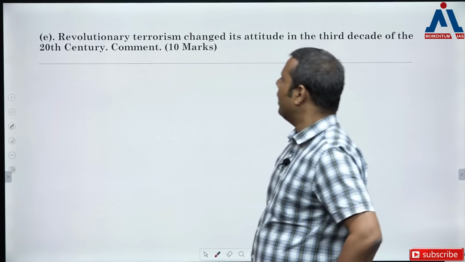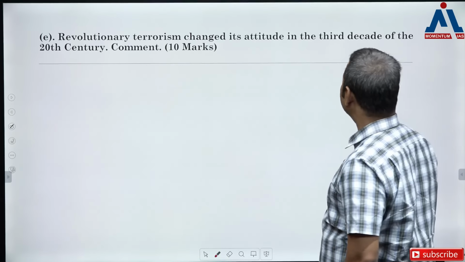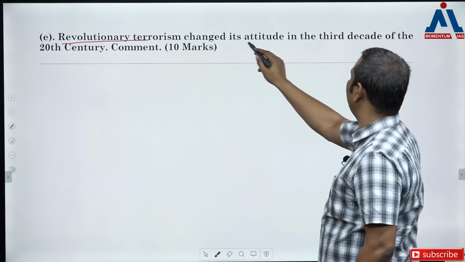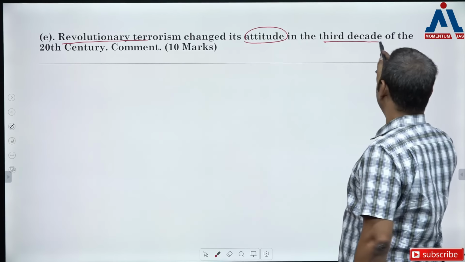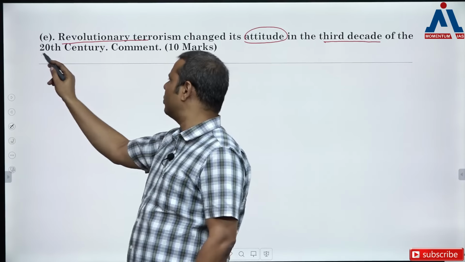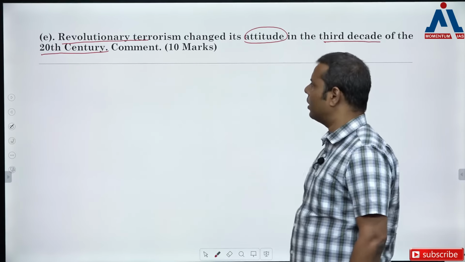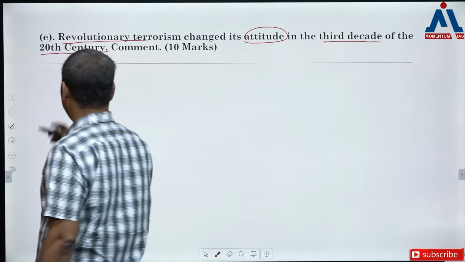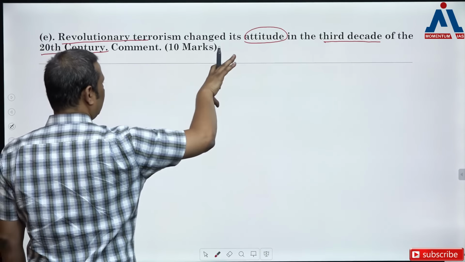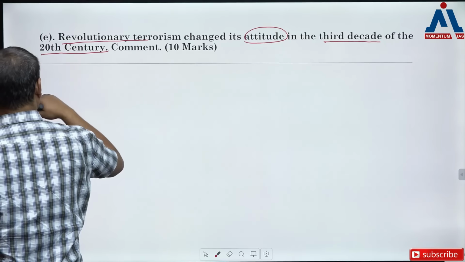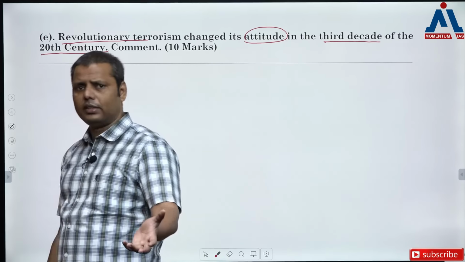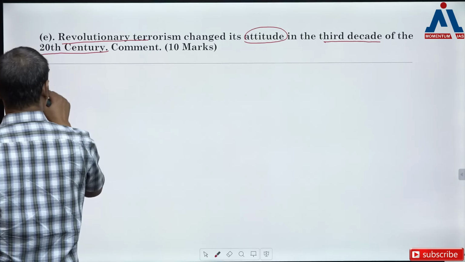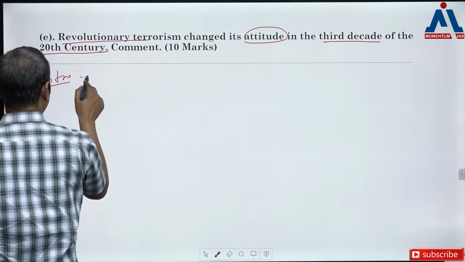Next question. Revolutionary terrorism changed its attitude in the third decade. Okay, revolutionary terrorism, change its attitude. It's talking about the attitude in the third decade. This is a very simple and factual question, I must say, the third decade of the 20th century. Now, revolutionary terrorism. So we'll start the answer with the history of revolutionary terrorism. Since it is not asking about revolutionary terrorism at the beginning of the 20th century or towards the end of the 19th century, but yes, there was a revolutionary movement that could be noticed,